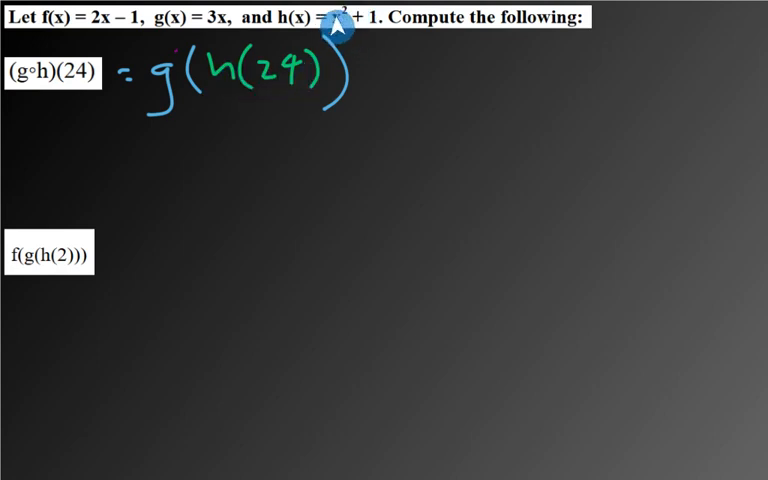If you do 24 squared plus 1, you'll get 577. Then you literally just take this thing and multiply it by 3, and you'll see that you get 1,731. So it's a lot easier than putting h inside of g and then plugging in the number. I would plug in the number to the innermost thing, get your result, and just keep going and plug it into g. So here for 3 functions, what I mean by that is,